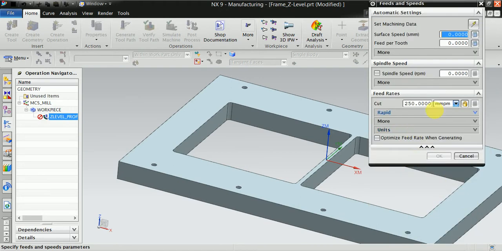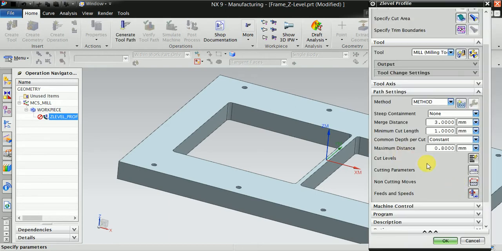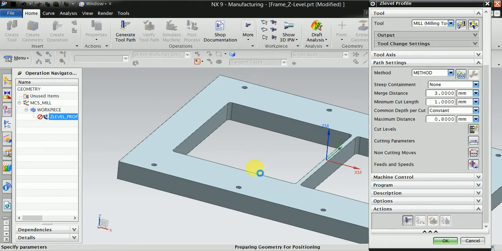Now give the RPM and feed: 2000 RPM and 4000. Now generate the programs.